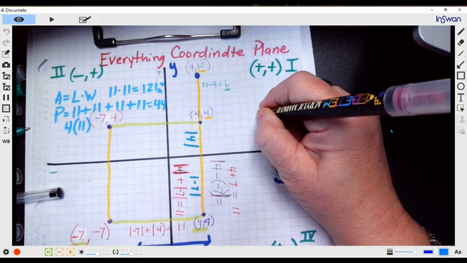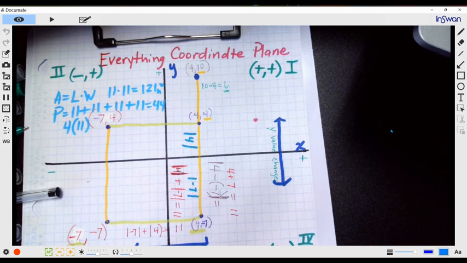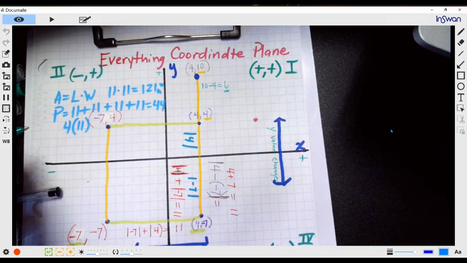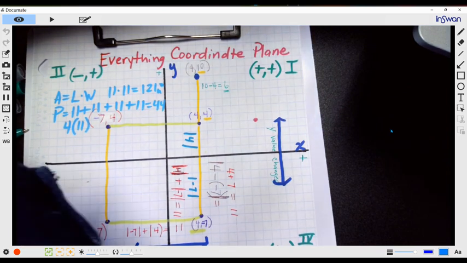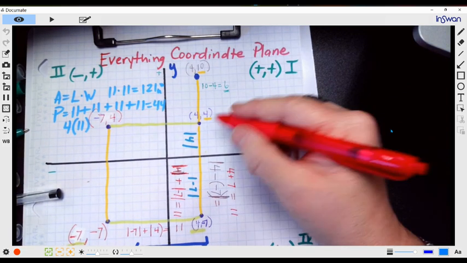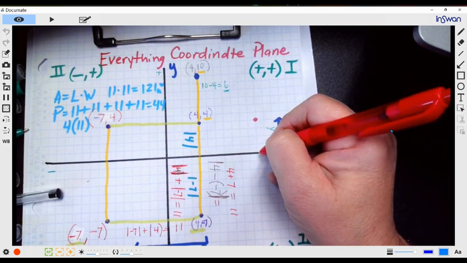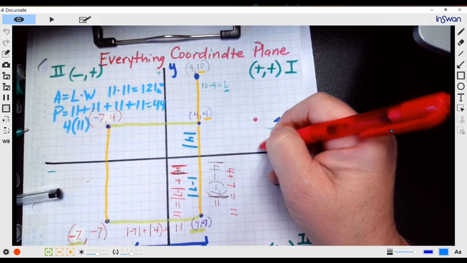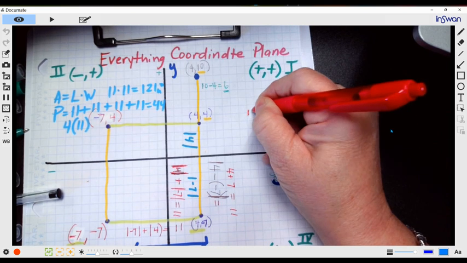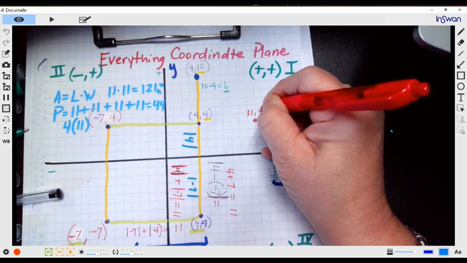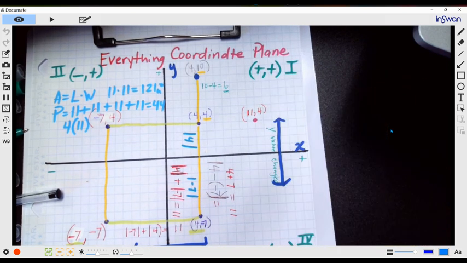If I had a point, say, that was right here, now that's going to have the same y value, but notice that the x value on that one is different. So for the x, if that's 4, 5, 6, 7, 8, 9, 10, 11 is going to be my x, and up 4. So this point is going to be 11, 4 in parentheses,